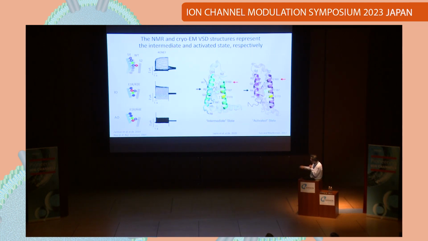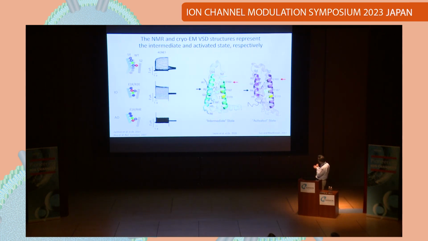And so the double charge reversal mutation would arrest the S4 into this intermediate state, and we found that the channel is constitutively open. And then we also made another mutation with this S4, the number 4 arginine, and made this double charge reversal mutation, and it can arrest it in the activated state. And then we can see that the channel also opens, so that you have the intermediate open and fully activated open. So these 2 states, we did those